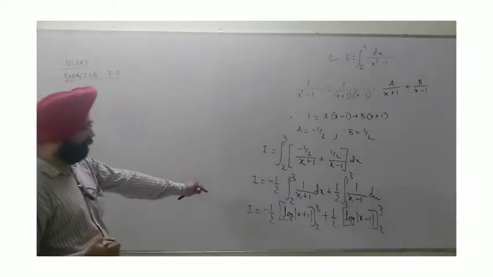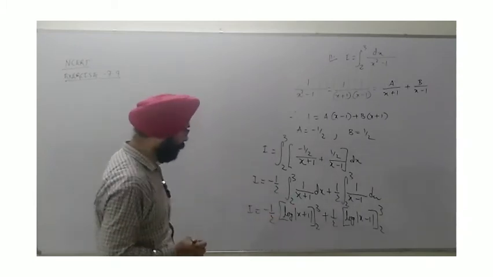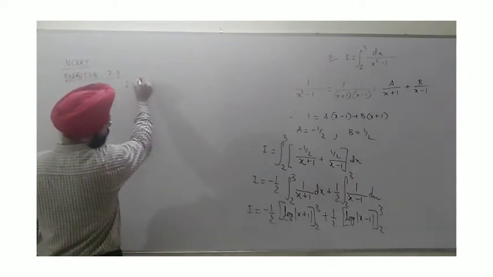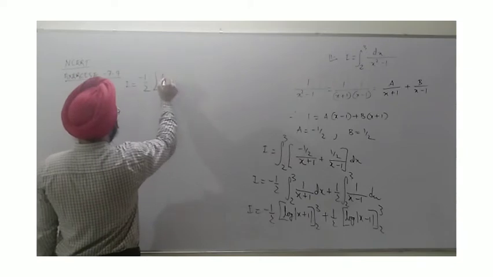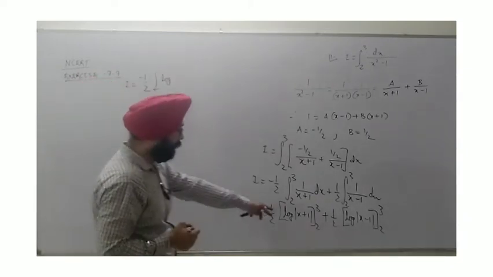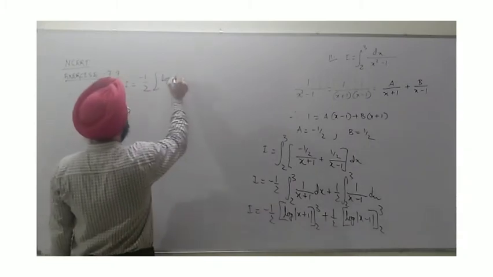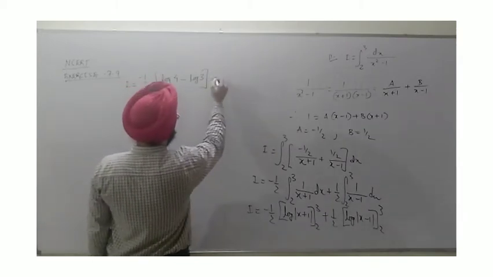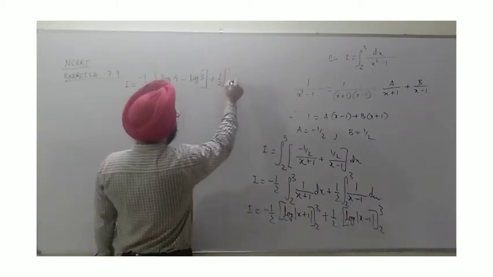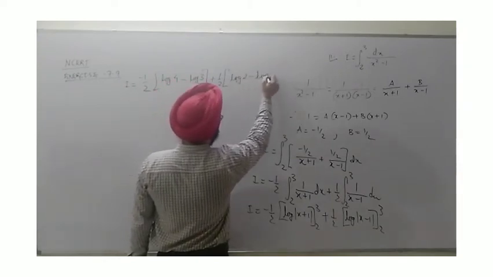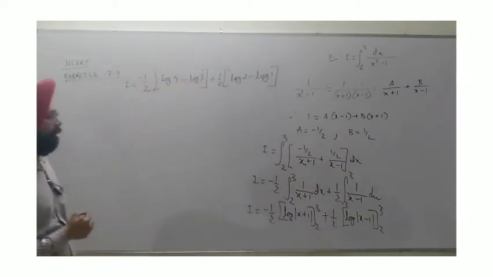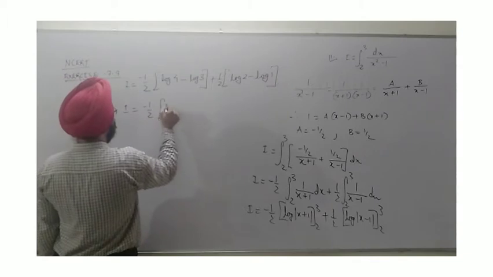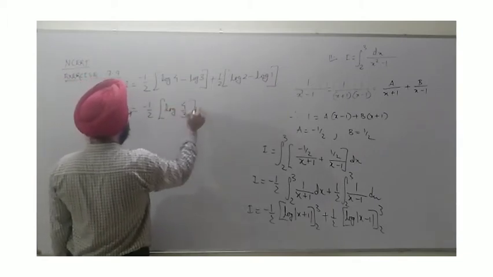This much is the integration part. Now we have to put the upper limit first, then subtraction, and then the lower limit. Here we get I as minus 1 upon 2 times log of, if I put 3, 3 plus 1, that is 4, minus log of 2 plus 1, that is 3. And the second term, half times log of, if I put 3, 3 minus 1, that is 2, minus log of 2 minus 1, that is 1. We know that log of 1 is 0, so this term will give us only log of 2. So yes, we can say it is minus half log of 4 by 3, by the properties of log.